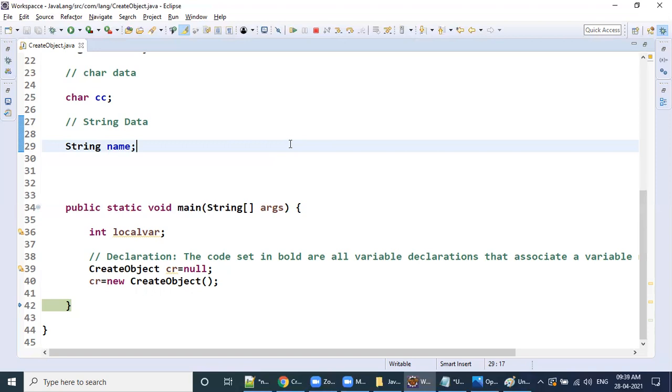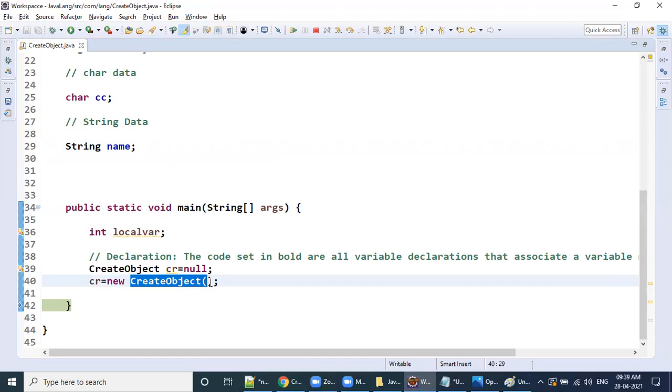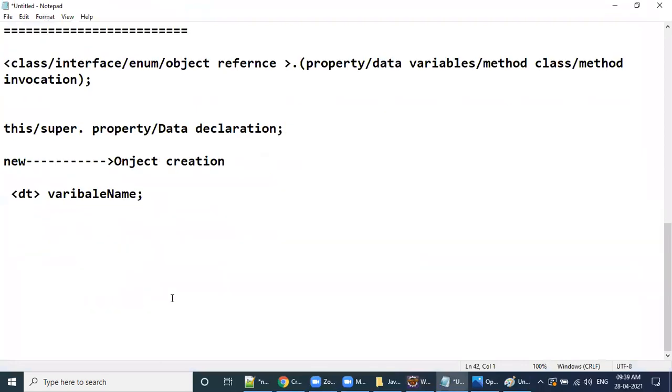We'll start. Any doubt? Basically here, sir, what is this one? Can you tell me? Anybody any idea? What is this? This is a constructor, as I told you, right? This is the constructor.